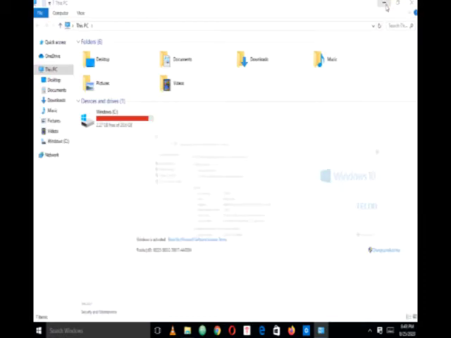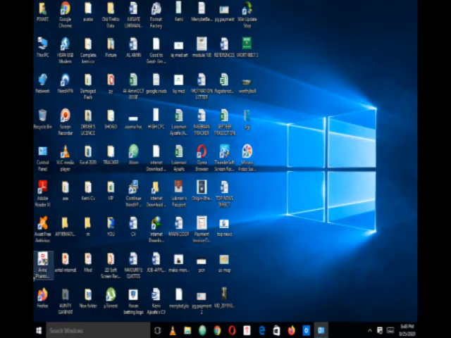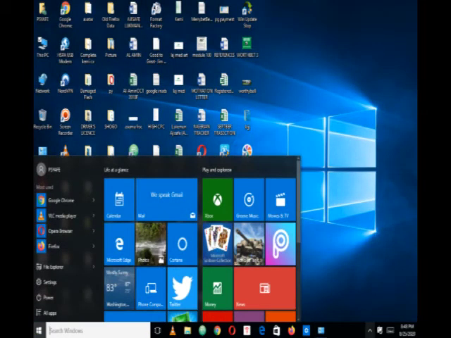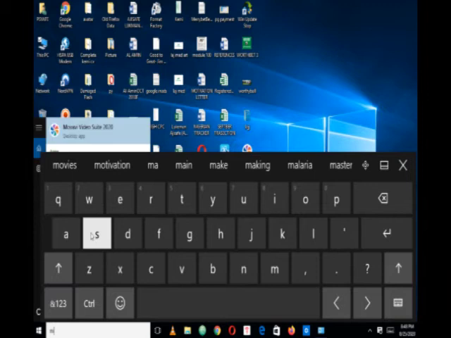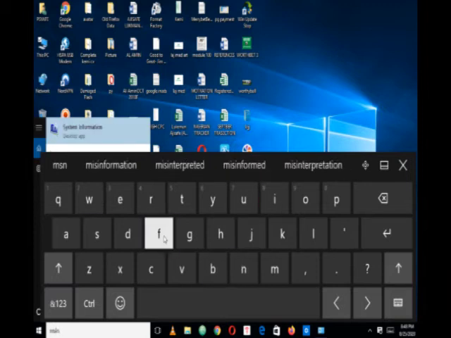Now, another way for you to check if this thing works and your computer will be a perfect device to buy is when you come here. Let me just close this box. When I come to this place, then I'll type ms. Watch me as I type it. ms